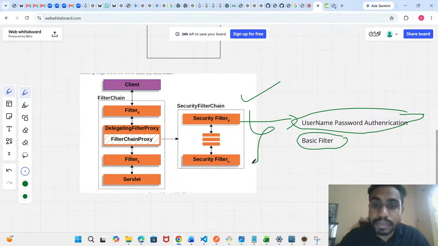Guys, if you are clear with the block diagram so far, then I'll move to the next step.